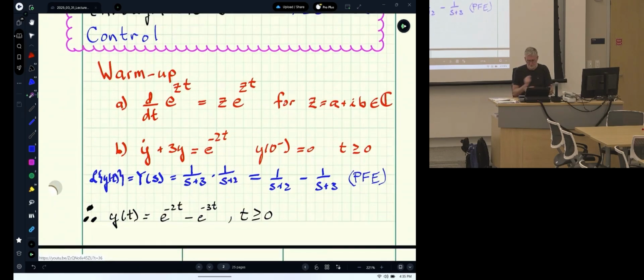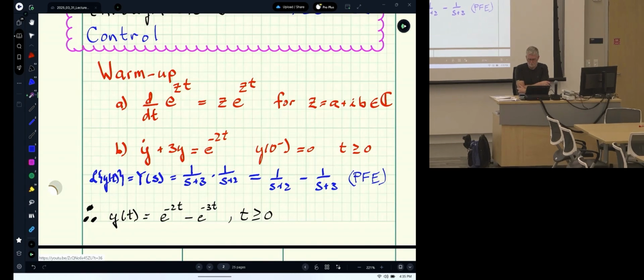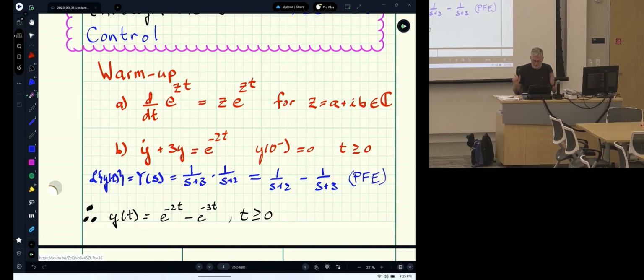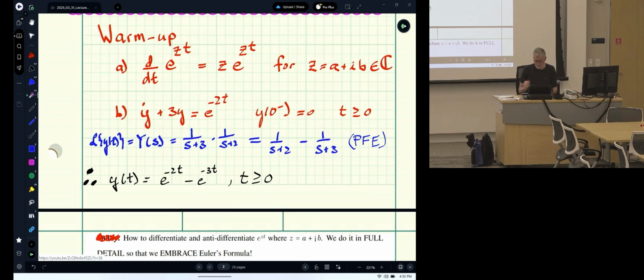But as a warm-up, I just wanted to look at a few simple properties of exponentials, and I want to allow the coefficients in my exponential to be complex numbers. So a real number a, a real number b, and then the i is square root of -1. And then I want to give you a preview of how the Laplace transform makes short work of differential equations,